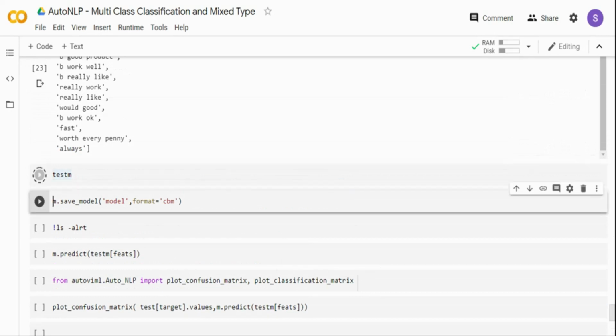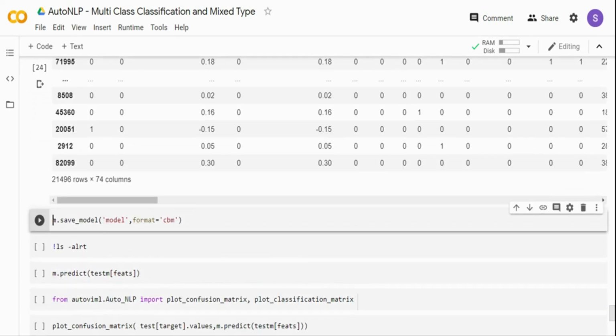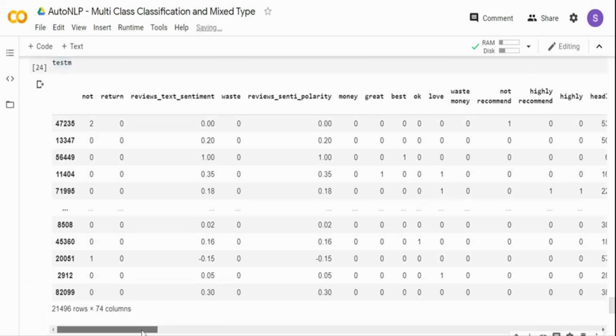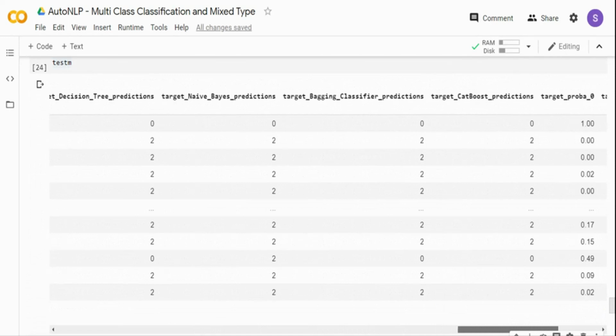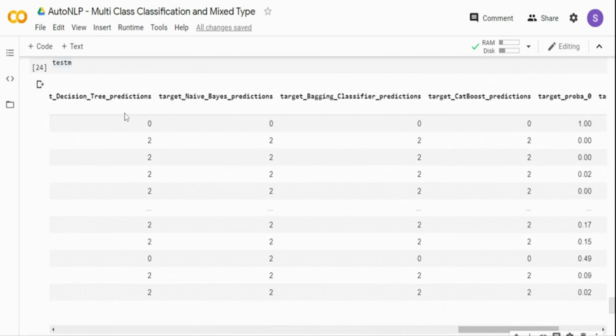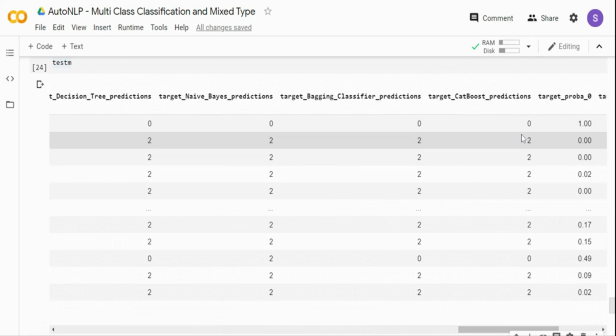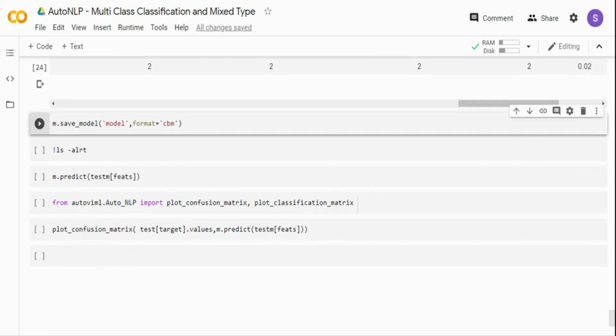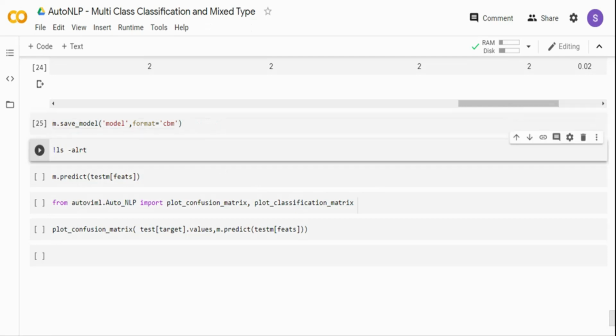And you can basically next go to the test frame. In the test frame, it is just printing all the features, and also finally the different models that are used, and what the target column prediction is based on the test data. So you can also save the model. Since it's a CatBoost model, I'm just saving it as a CBM file. M is the model output. I can just save the model and take it and use it wherever it is.